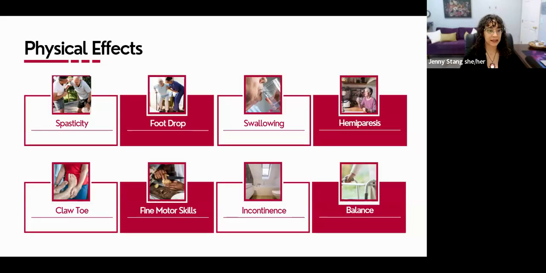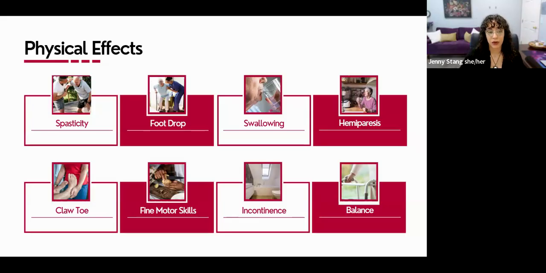And then the last one we're going to discuss is balance. Weakness can affect coordination of muscles that are needed to walk safely, right? Changes in thinking can affect judgment and lead to unsafe decisions, like maybe you're supposed to use a walker or a cane and you just don't do that anymore, right? And if you get hurt, you may end up hospitalized and admitted to a long-term care facility, okay?